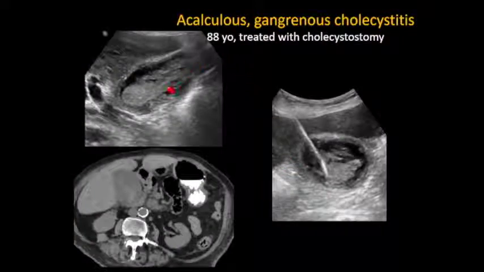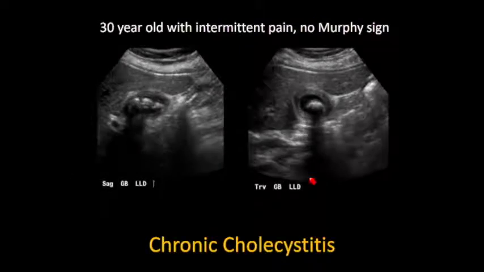So this was a patient who had a lot of stuff in the gallbladder, a thickened wall. The CT wasn't really very helpful, showing significant inflammation, but nonetheless, this was infected material, and the patient had a cholecystotomy done. Another patient comes into the emergency room, sometimes has some pain intermittently, not that much at the time,